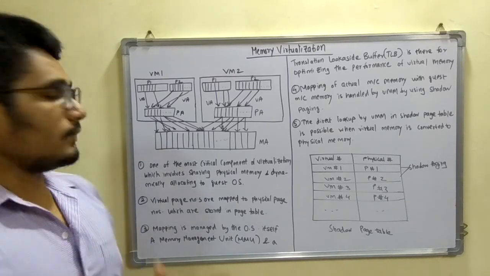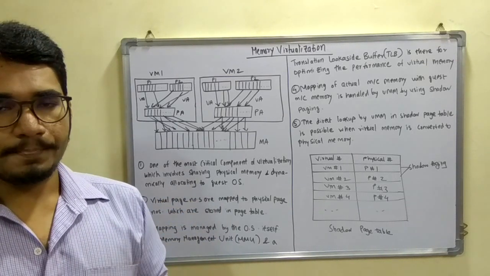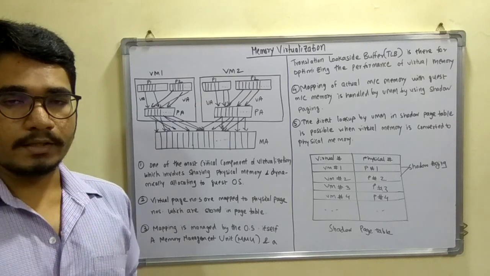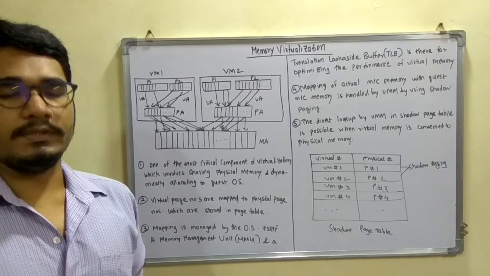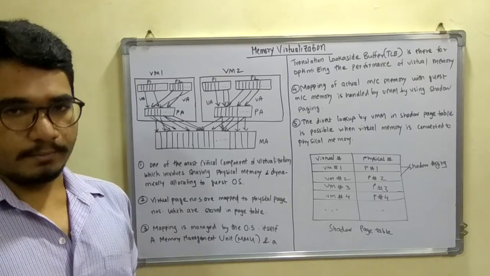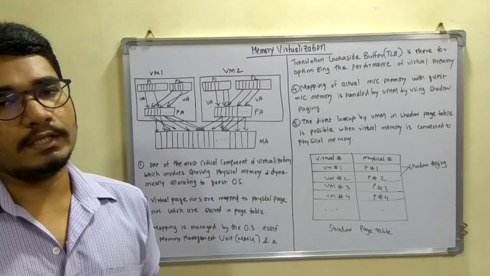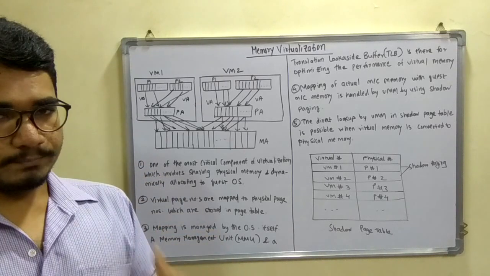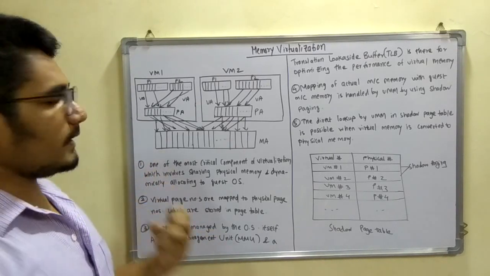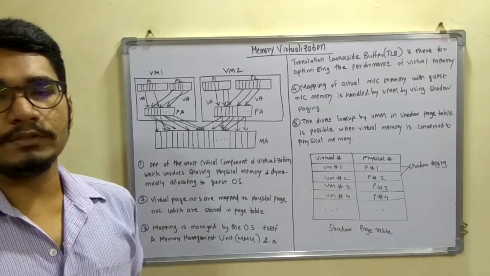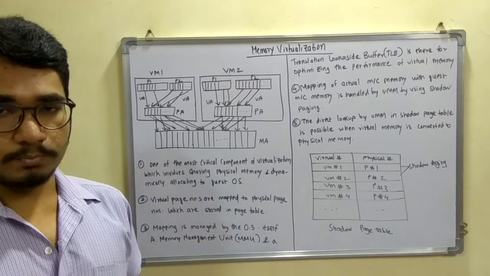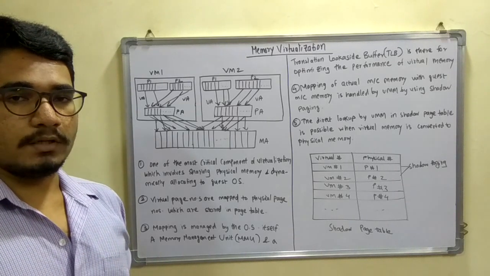You have one physical memory, and that one physical memory you have to distribute and allocate dynamically to the guest OS present at the layer below, which we have seen in the previous diagrams for the three types of virtualization. So this becomes the most critical thing, and it becomes a matter of time how you will map these things to the guest OS